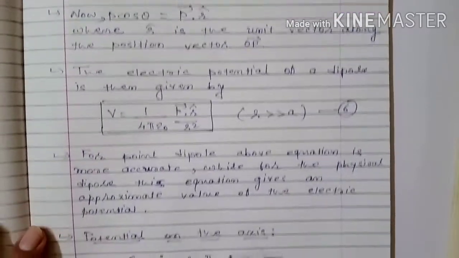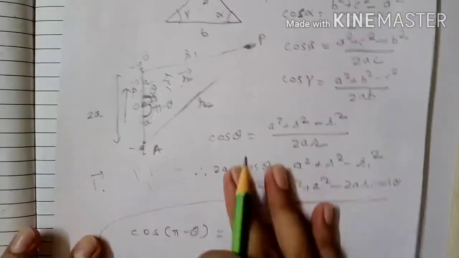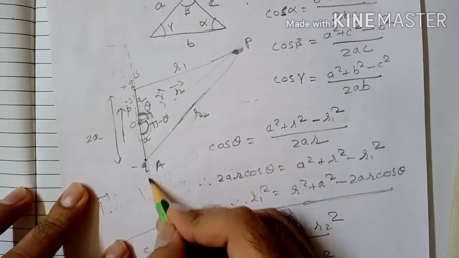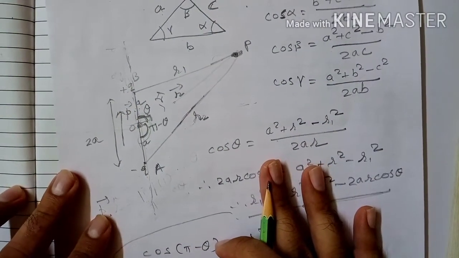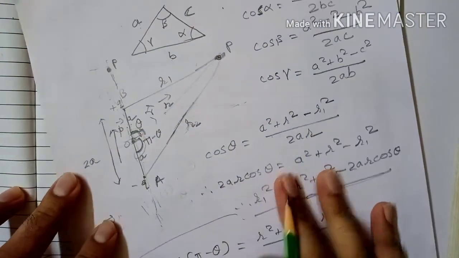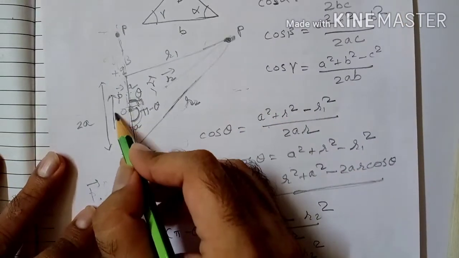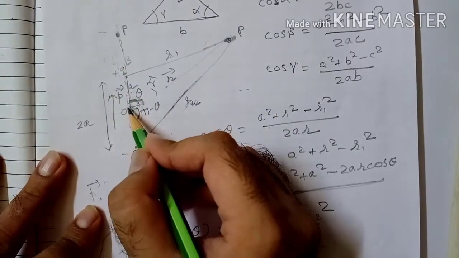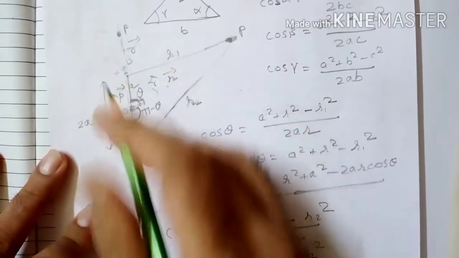So here, if we consider potential on the axis of the dipole, this is the axis of the dipole. You can consider a point anywhere on the axis of the dipole, but r should be much greater than a. Here, if I consider point P on the side of the plus q charge, then this is the direction of the electric dipole moment, P vector, from minus q to plus q, and here is the point P. Therefore the distance OP is r, so the direction of r vector will be in this direction.